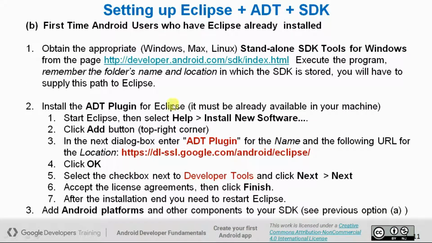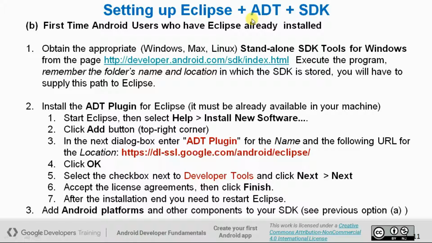Now we have to open Eclipse software. After opening Eclipse software, minimize it and open this website through Chrome, and download SDK tools for Windows, create one folder and name it Android-SDK. Extract it. It automatically extracts, right? After that, we installed Eclipse, we installed Java, and then we downloaded and extracted the SDK software. Now we have to configure ADT.